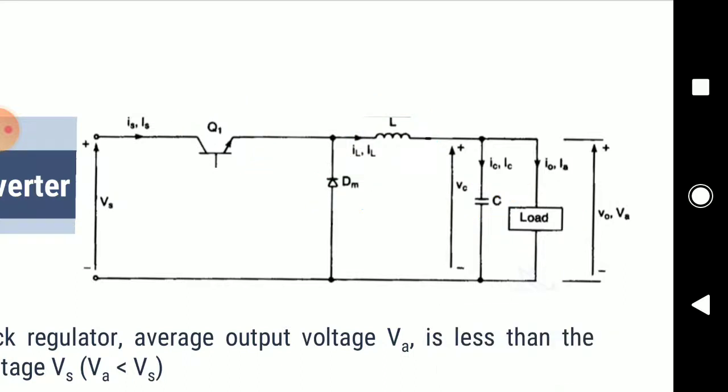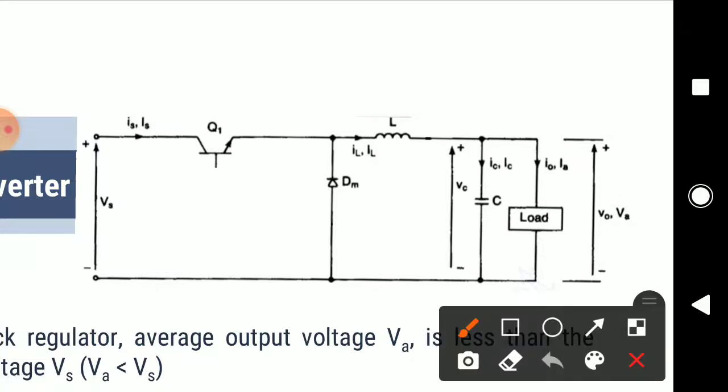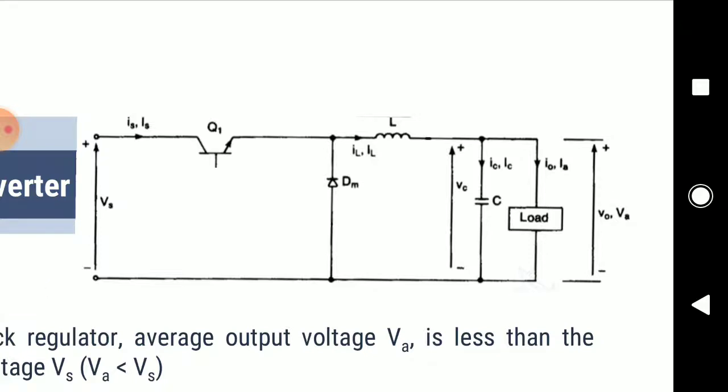Now, your basic buck converter has two modes of operation. The first one is when the switch is turned on, and the second one is when the switch is turned off. Now, let's see what happens in mode 1. In mode 1, you're going to turn on your switch, or this particular BJT, by providing appropriate base signals to it. And what will happen? The switch or the BJT will get turned on.